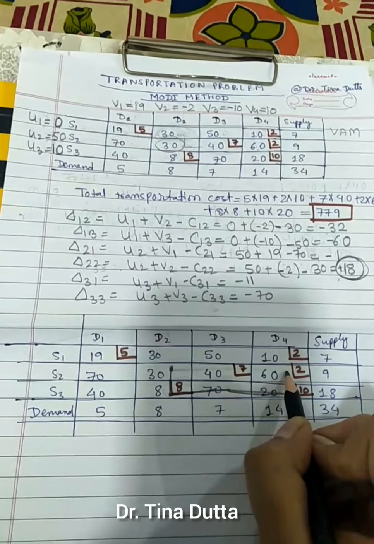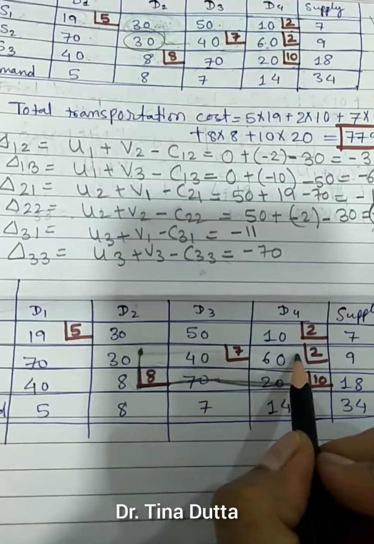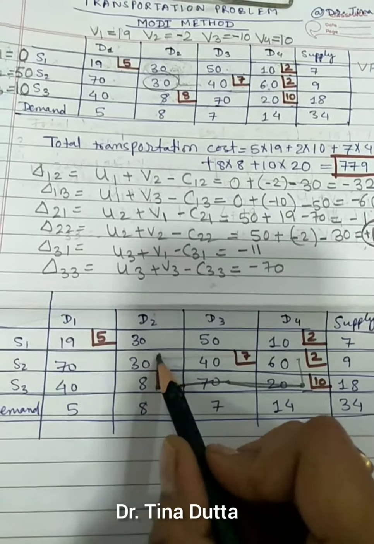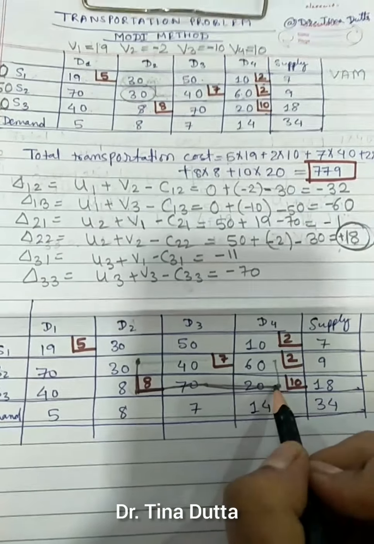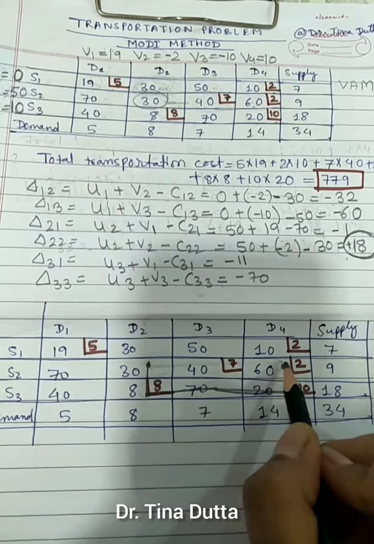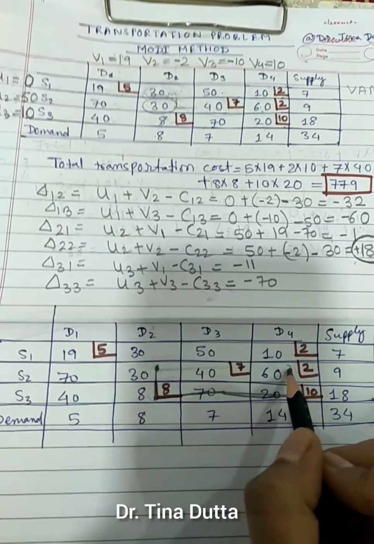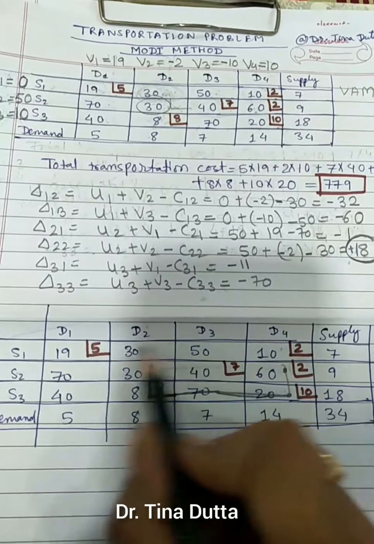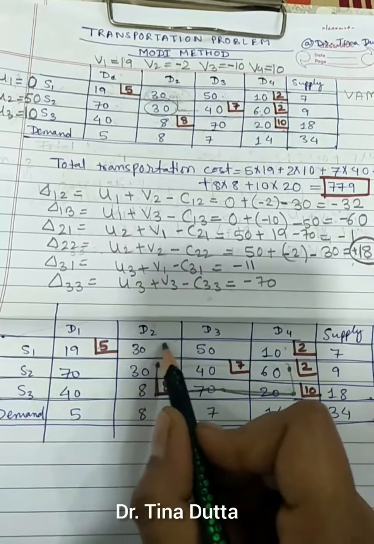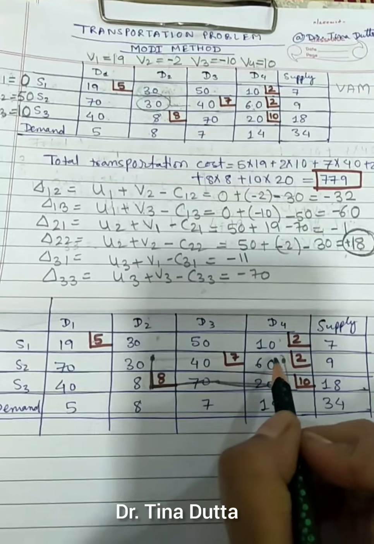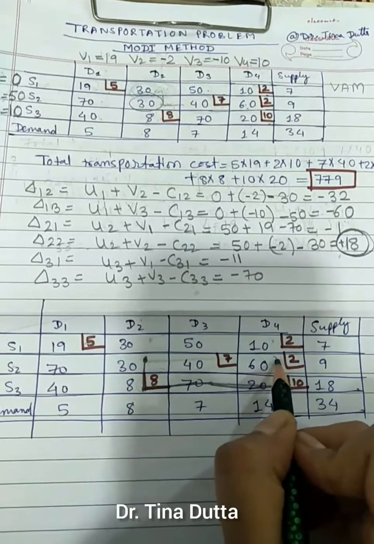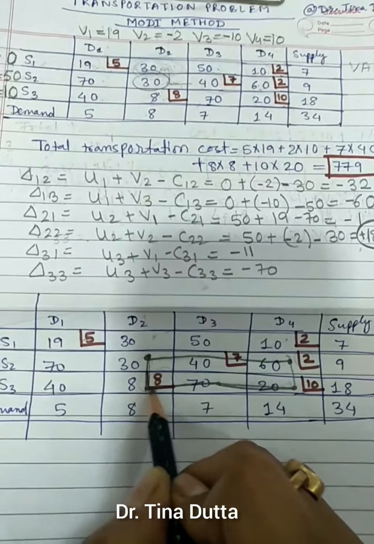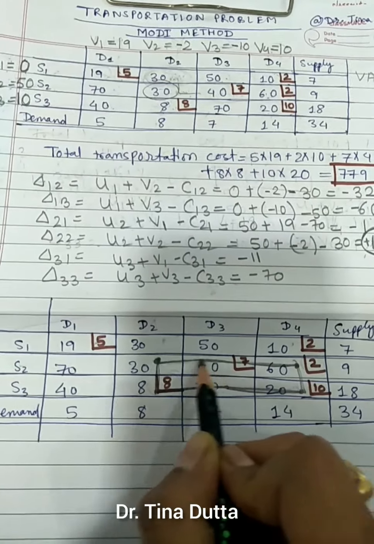I will go here. Remember, I need to make a closed loop. That means I have to reach the starting point. A loop will be formed so that it starts from here and it ends here. So I have gone here. I can make a turn here because here allocation is done. If I move further above, I can make a turn here, but then I have to go here because I cannot make a turn here and I cannot reach here. So I will turn here and then I'll move to the original point here. So you can see this is a closed loop, just like this.